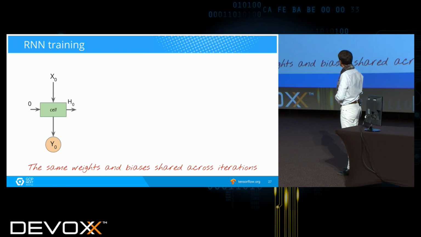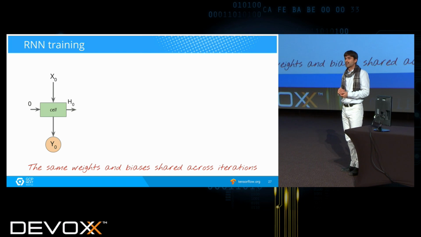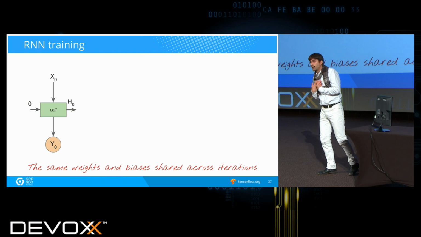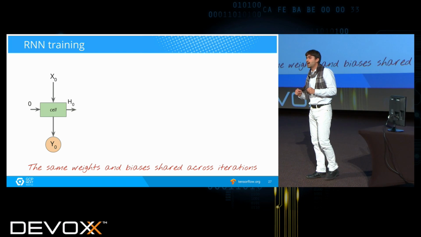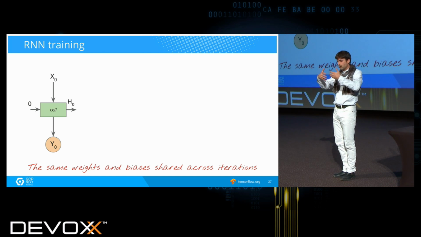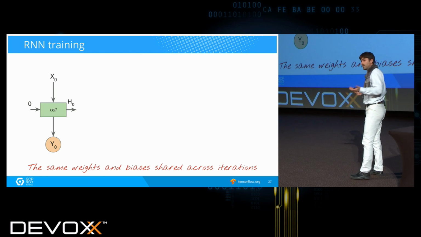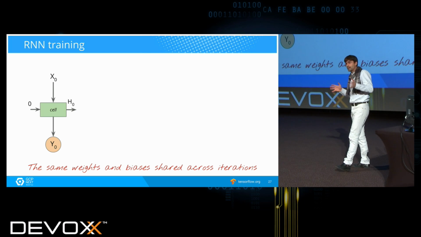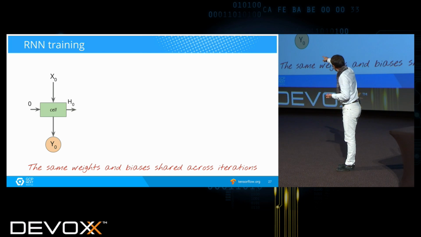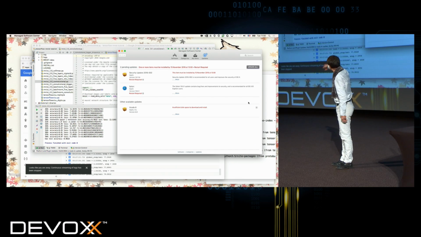Well, on this cell, let's imagine we put something as the inputs, and it produces some outputs. Okay. Now, we know what our desired outputs are. So we force those desired outputs and try to do a retropropagation to change our internal weights and biases to produce better outputs. Well, okay, that's going to work if the problem were the weights and biases. But what if the problem was the input state? Here represented as 0, but obviously if I'm not starting, if I'm somewhere in the middle of my sequence,